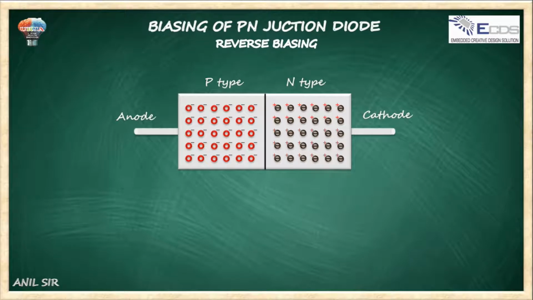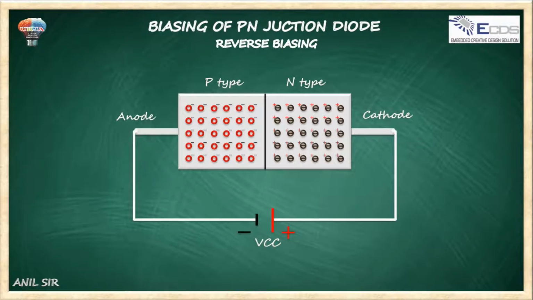So what is reverse biasing? When the negative terminal of a battery is connected to the anode, or the positive terminal of a battery is connected to the cathode, it is called reverse biasing. In another way, we can say the p type semiconductor material is connected with the negative terminal of a battery and the n type of the p-n junction diode is connected to the positive terminal of the battery; this is called reverse biasing. What happens in a reverse bias condition?